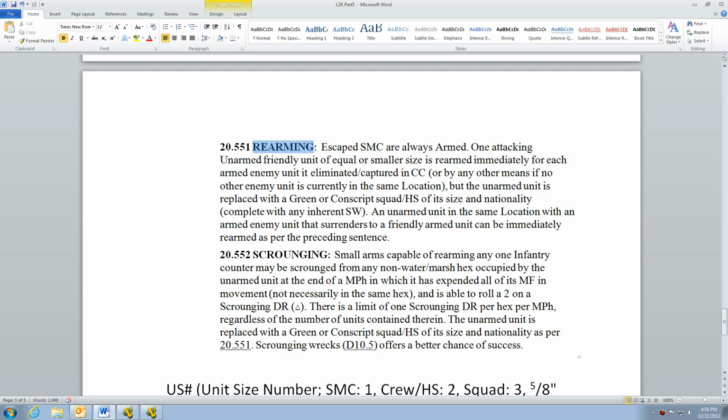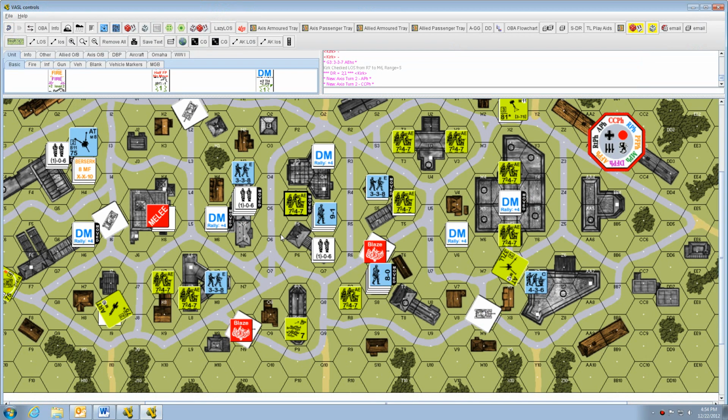Of course, the only way to be rearmed is to be the only unit in that location. There can't be any enemy units in that location. Once you're rearmed, again, you're going to come back as a green or conscript squad or half squad, depending on the example we're using here in N4. We've got two half squads. One would come back as a